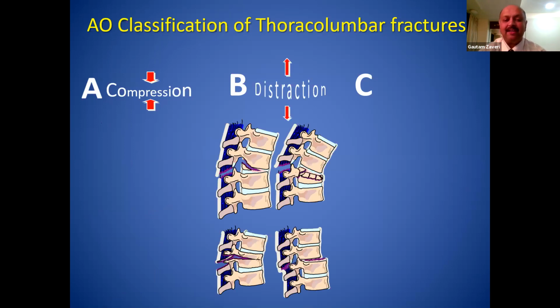A type B is a distraction injury. The patient's body is usually flexed or bent forward slightly, and there is a distraction force applied. When that happens, the injury travels from the back to the front, from posterior to anterior. The first thing that is injured is the posterior ligamentous complex. So the tear is a tear of the supra and interspinous ligaments. There is often a tear of the facetal capsule and the ligamentum flavum, and these occur in distraction, or in opening up, or in tension. If the injury stops there, there is no anterior column injury.